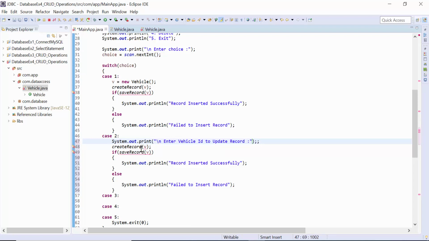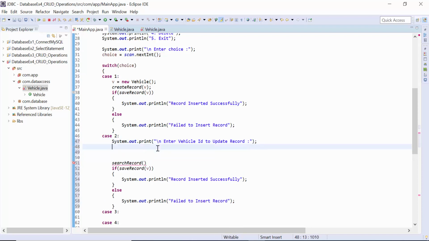Once the user enters the vehicle ID, you need to check whether the data exists in the database or not. If the data exists in the database, then only you are going to update the record. So before updating the record, you have to call one function. It is called searchRecord, and the user is now going to enter one user ID.